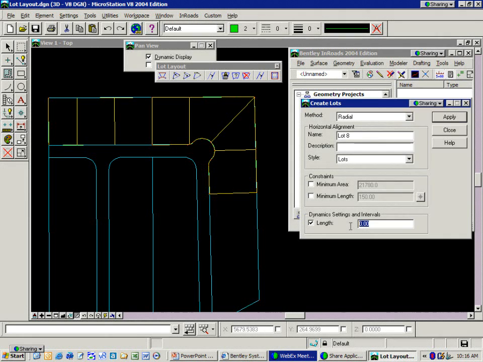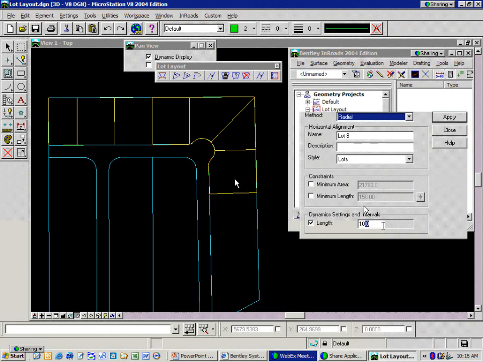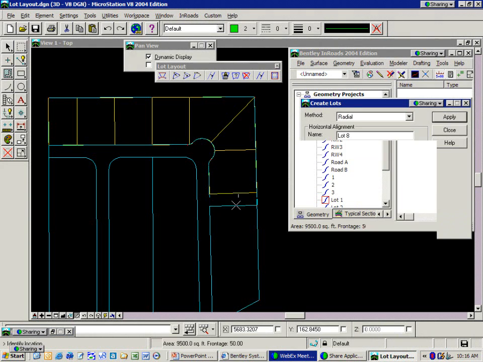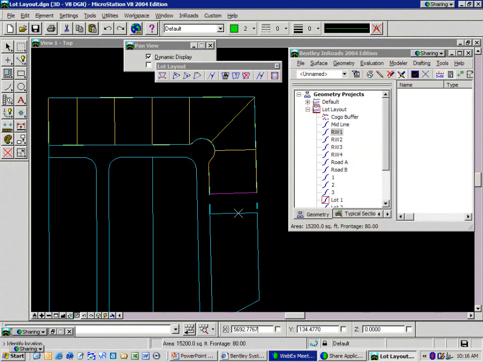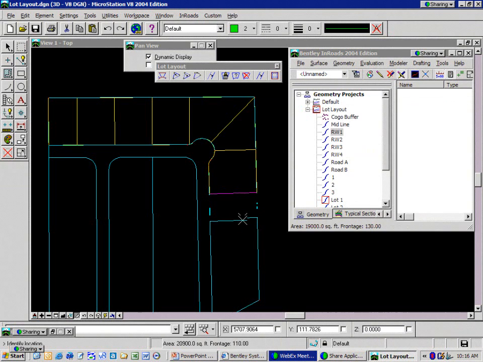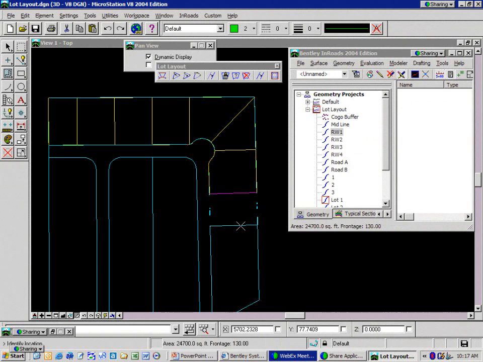dynamic settings and intervals. And what this does is, if I set this to a 10-foot constraint right here, when I'm dynamically pulling this, it's going to snap it to 10-foot increments, okay? So now when I hit apply, come back in, do the front line, the back line, and the side line, you can see there it's real jerky, but what it's doing is holding it to 10-foot increments. If you pay attention to the bottom of InRoads or the bottom of MicroStation there, you can see it's actually snapping to 10-foot increments, which is nice to see if you're trying to get close to something, but